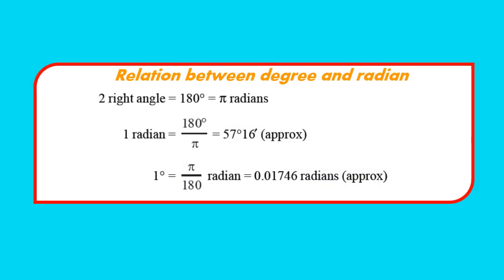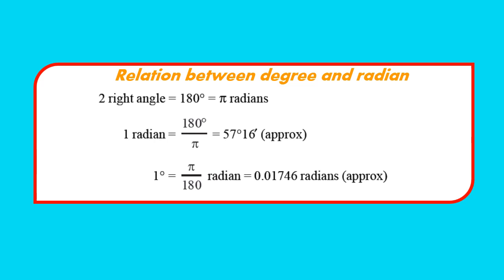Now we have both the measures, degree measure and radian measure. So we have the relation between degree and radian measure as two right angles is equal to 180 degree. We all know that. And 180 degree is equal to what? Pi radian. The value of pi is 180 degree. And so from here we get 1 radian equals 180 degree upon pi, which is approximately equal to 57 degree 16 minute. And from the same relation we get 1 degree is equal to pi upon 180, which is approximately equal to